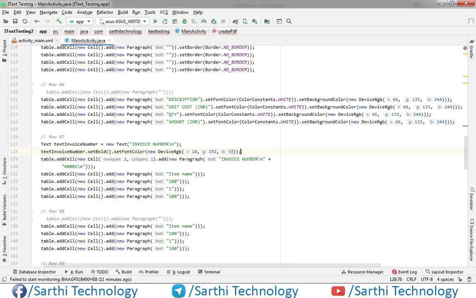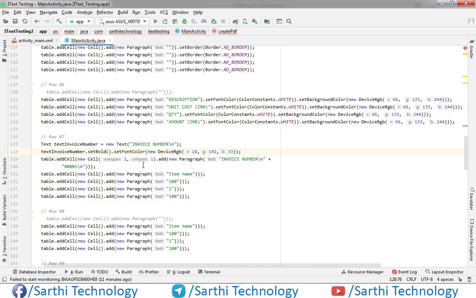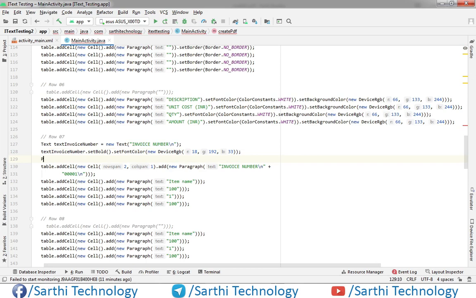Okay. So why we are adding this text? Because this is different and this is different, so we will apply some formatting here and rest of this here. So the text invoice number is green and it is bold. And now create one paragraph, invoice number.